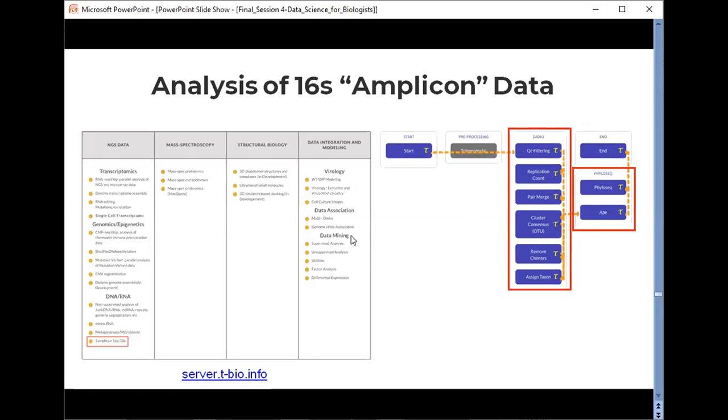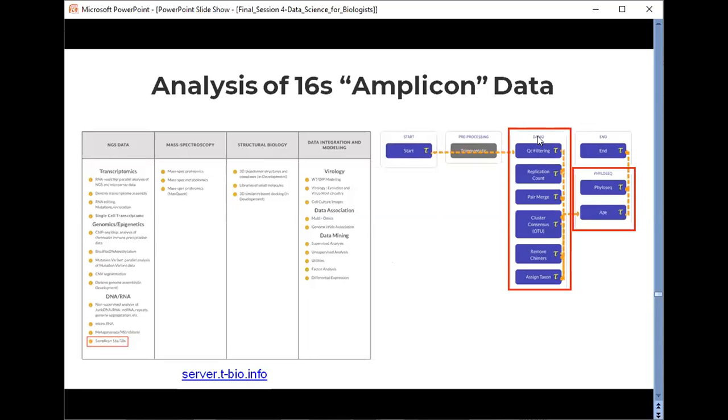In this particular session, we are going to use two well-known microbiome analysis tools. One is DADA2, and to generate the plots, we are going to use phyloseq. These are the two main tools integrated to analyze 16S amplicon data.